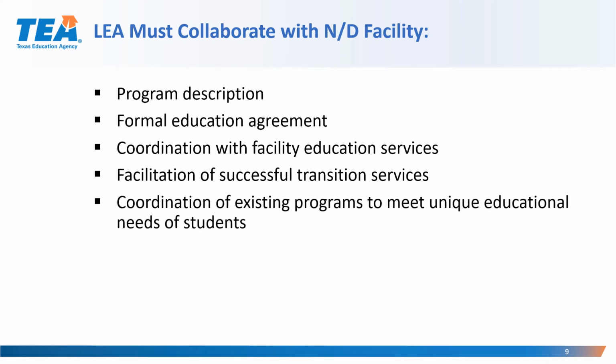In addition, they must provide a description of the characteristics, such as learning difficulties, substance abuse programs, and other special needs, of the children and youth returning from correctional facilities. In addition, it must describe how the LEA will coordinate existing education programs to meet the unique educational needs of children and youth.